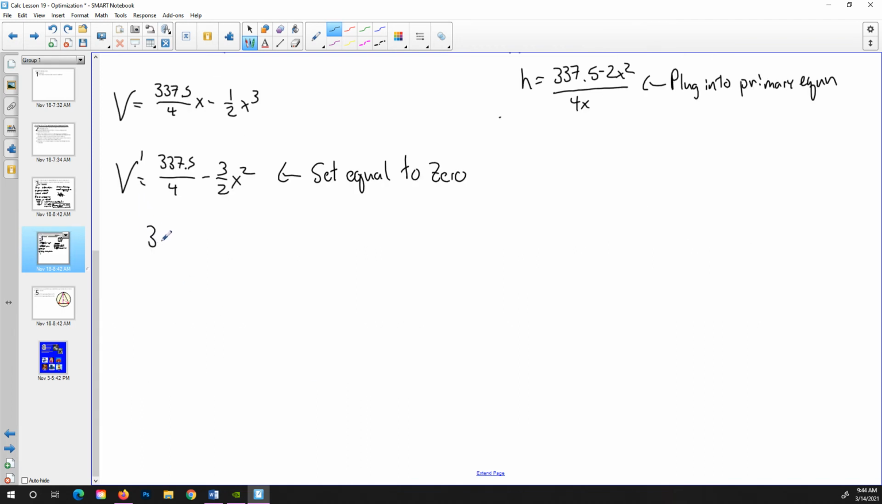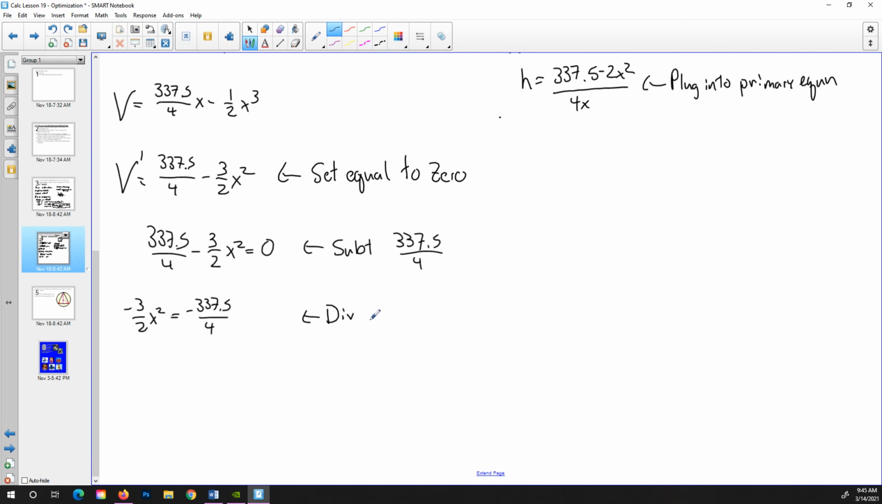And we'll get 337.5 over 4 minus 3 over 2 x squared equal to 0. And here I'm going to subtract 337.5 over 4. So I'll get negative 3 over 2 x squared equal to negative 337.5 over 4. And then I'll divide by negative 3 over 2. That'll give me x squared equals negative